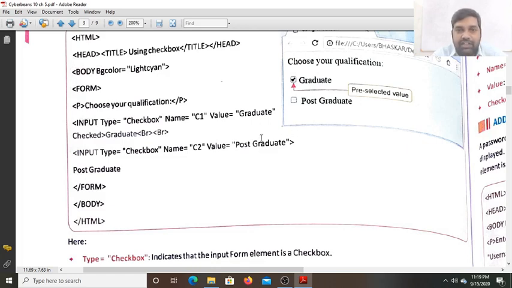Suppose here you have written undergraduate and the label says postgraduate. Then by submitting this form, the value for this checkbox will be submitted as undergraduate. What you have written as the label will not be sent to the server as the value for this checkbox. You will get the value you have written in the double quotation marks as the value attribute, and that value will be submitted to the database.